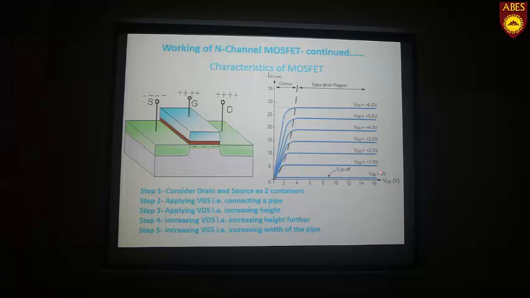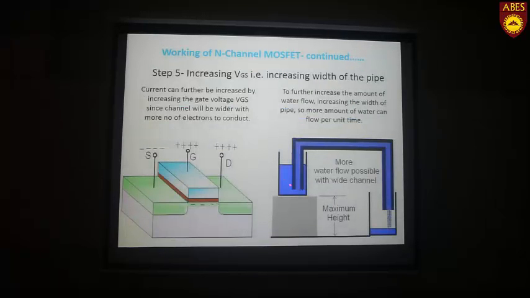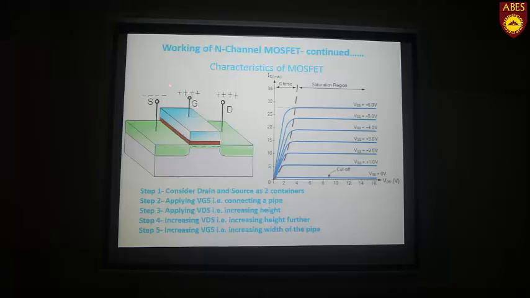That is shown in this diagram. Initially, if we say that VGS is 0 volt, that means in water technology there is no pipe connection between the two. Then whatever the height, water cannot flow from here to here. Similar is the case here: if VGS is 0, a channel will not be created between the two terminals, and hence there will not be any flow of current between the two regions.